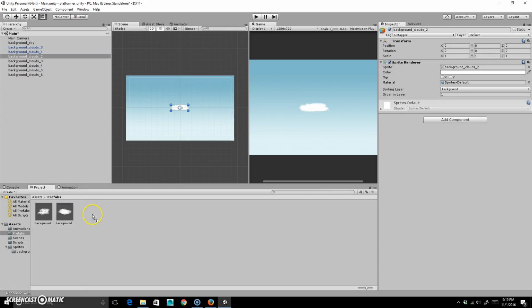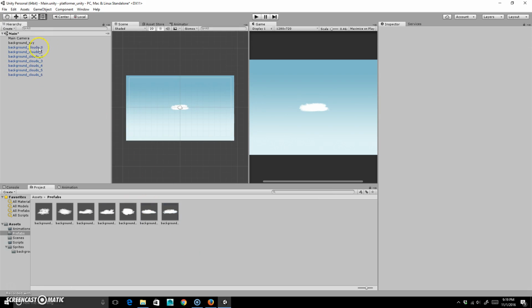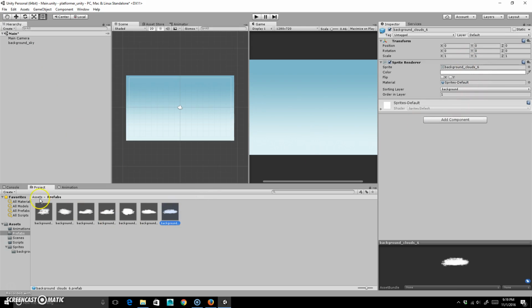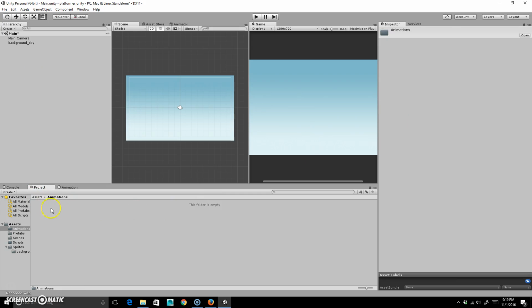So basically, every time I need them, I can just grab them from here, and they already have all these settings attached to them. And these are merely visual elements, so they're not actually all that important. And then I can delete these from here, and then whenever I want them, it already has all my presettings in the prefabs here. Okay, so it's just a nice way of having those available. All right, now let's go to